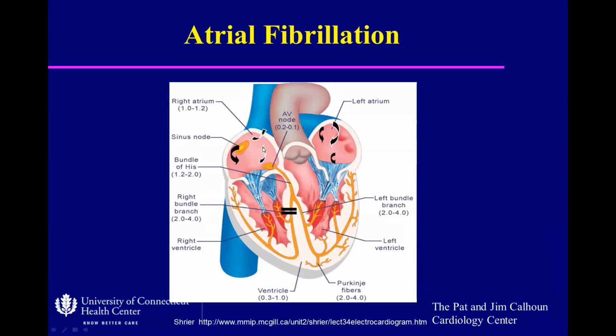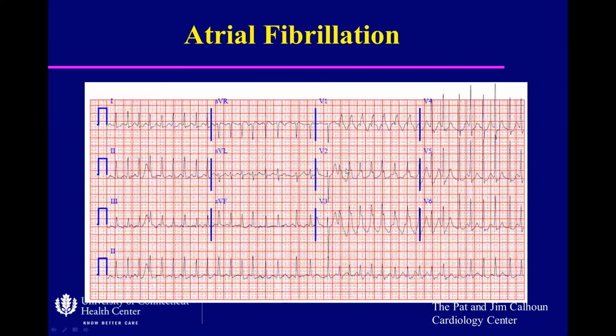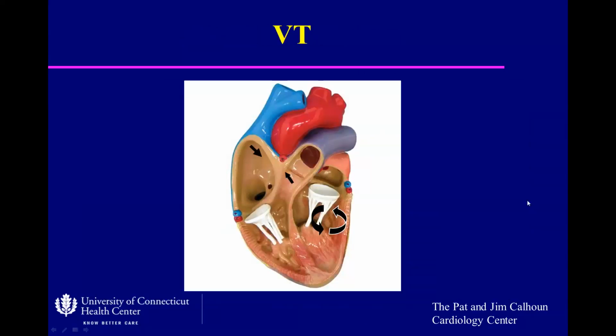Okay. Atrial fibrillation, as you know, is typically irregular, but if you have a bundle branch block on the right side, you can have this EKG, and we just went over this because this is a functional right bundle branch block, right? So if this were more regular, you think, could this be VT? In this case, it's very clear that this is atrial fibrillation with a functional bundle branch block. Now, this is how VT looks,